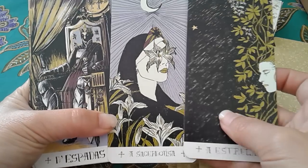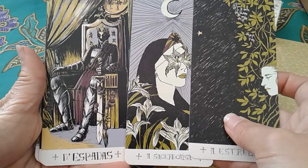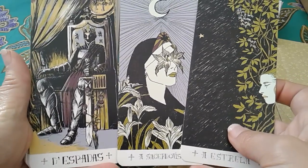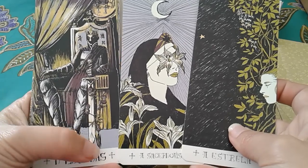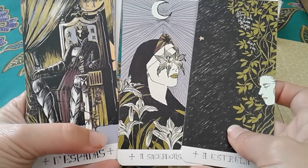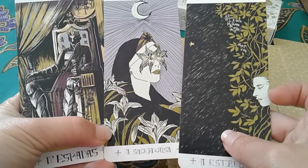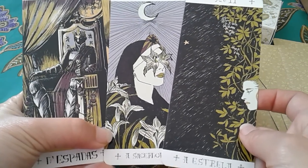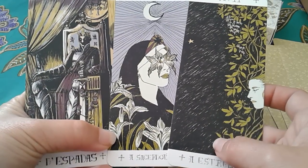And so, for example, here you have a very darkened face, and she did say that the males in these cards are faceless because she wanted to highlight the female aspect of the images. And so there's the King of Swords there, somebody with a sword and a throne, and those flowers there, which is the flower of the suit of swords, that I say look quite sharp. There is the High Priestess over here, and then what I initially saw as the Fool is actually the Star. And so you can read the King of Swords, the High Priestess, and the Star, or you can simply read this as